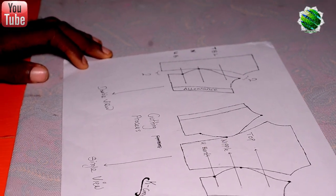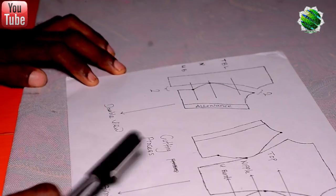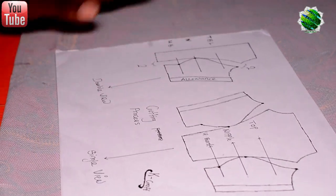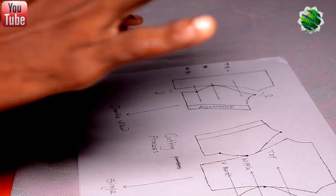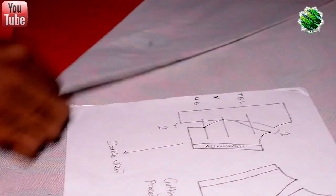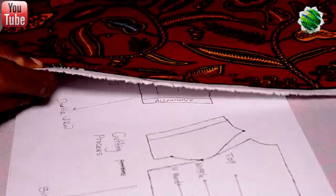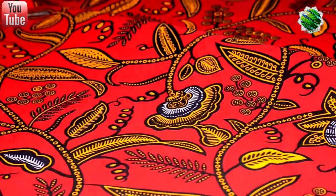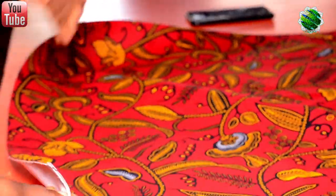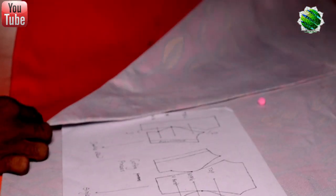Okay, good morning, you're welcome. This illustration here, the one I made on my own, is just to show you what a princess cut looks like when we're done cutting it. If you fold this cloth into two, this is the whole length of an Ankara material, and I've gummed this whole piece first. The longest length you can find in Ankara material these days is like 46 to 47 inches. I fold it into two after I finish gumming it, and I do the same to the lining. So now what we will do,